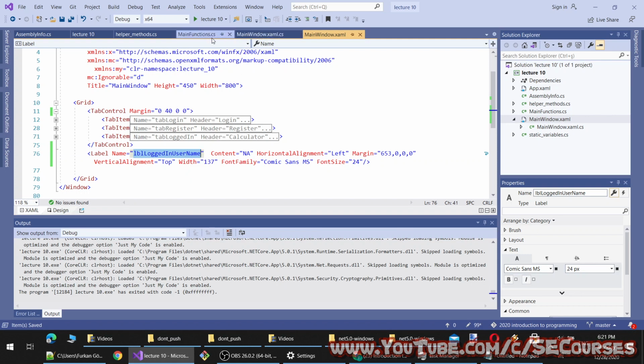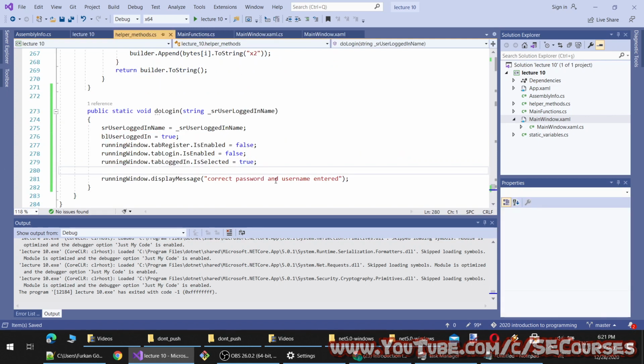Okay, and inside the login method, I will set the content of the login label. To access it, I need a running window instance, and from here, content equal to login username.